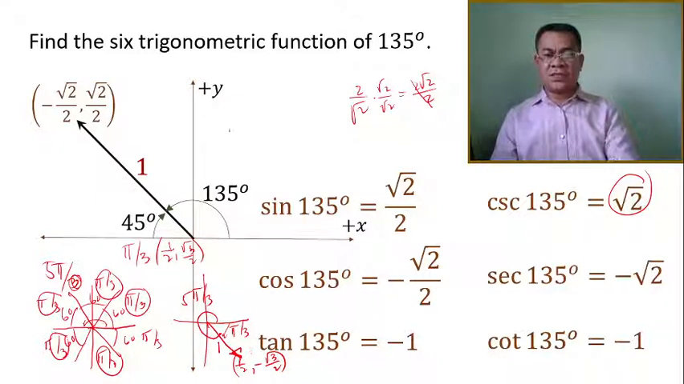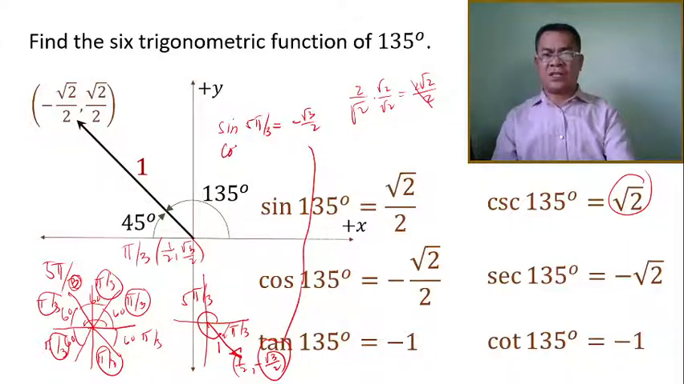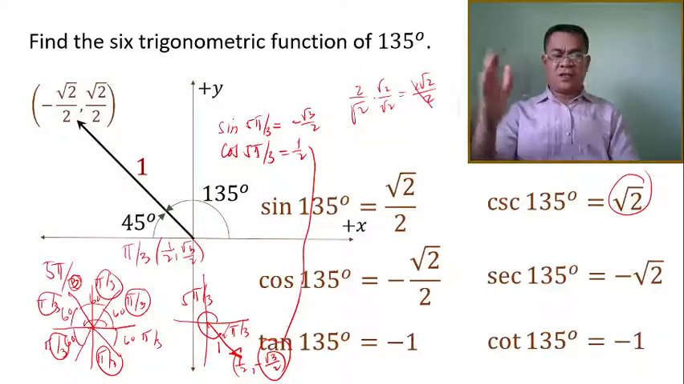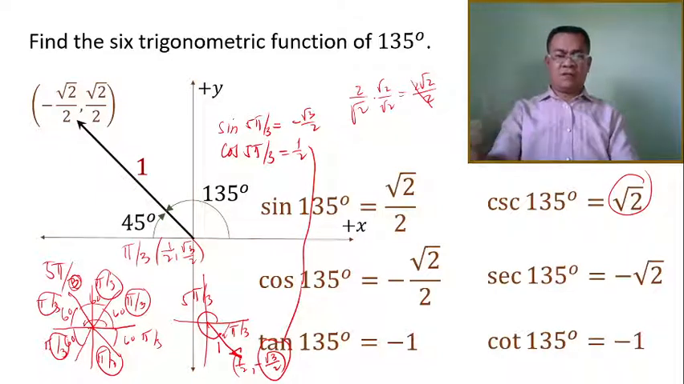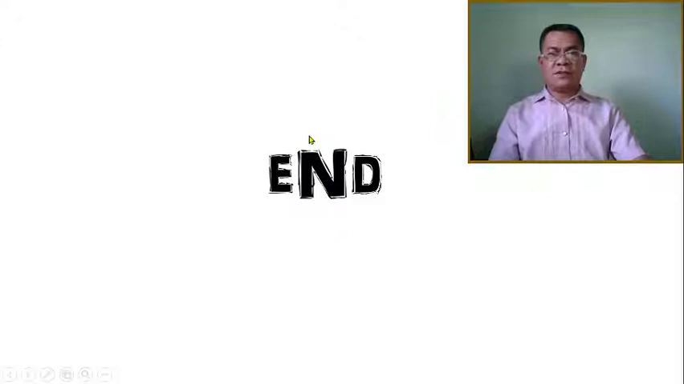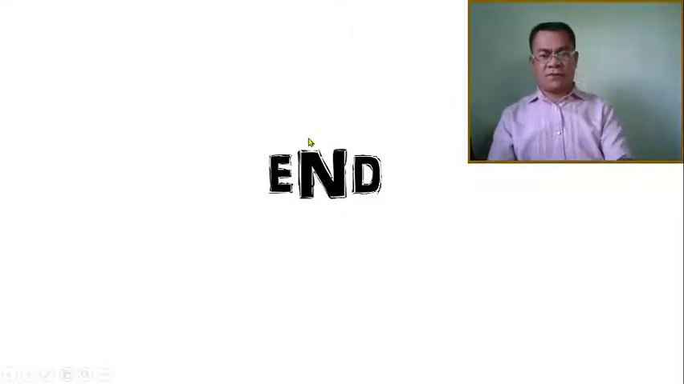Hence, with this result, we can say that the sine of 5 pi over 3 is negative square root of 3 over 2, while the cosine of 5 pi over 3 is 1/2. These are the answers to the problem. There are many problems that can be solved using this principle. Okay, by the way, before we end this video,